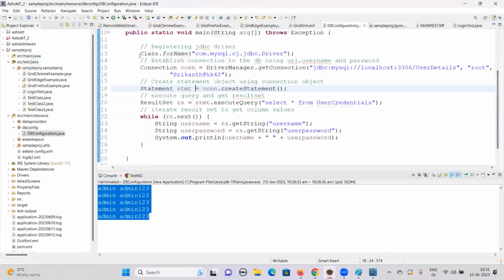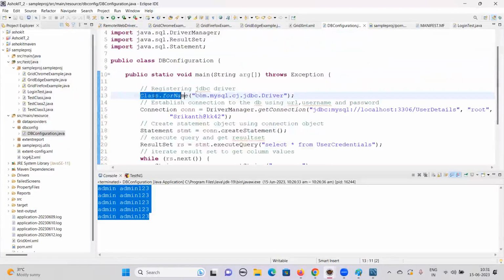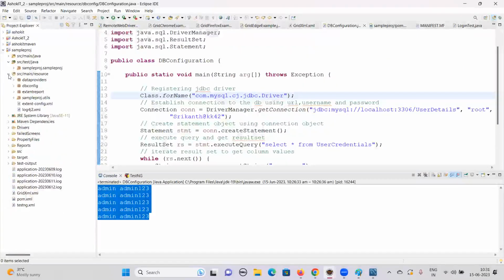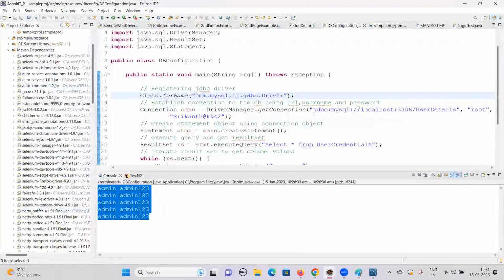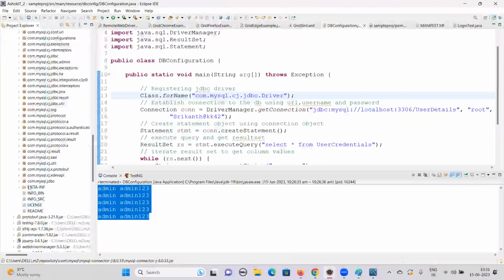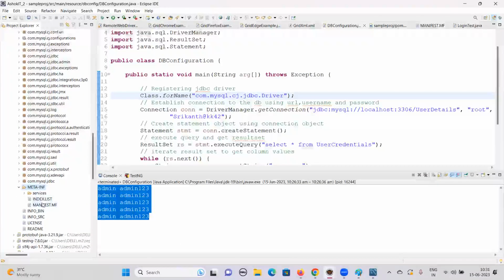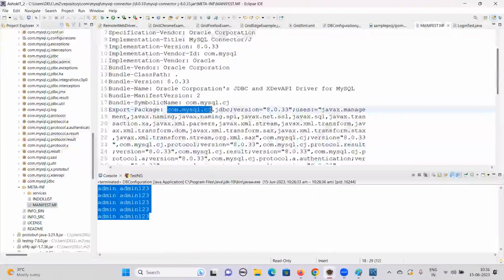So for that I've created the class, and I'm using this first command, Class.forName, to register the driver. From where am I going to get this driver? Go to Maven dependencies. After adding the dependencies, you can see the MySQL jar will be added. Expand it and go to META-INF. In this META-INF, you can see MANIFEST.MF. Go here and copy this com.mysql.cj.jdbc